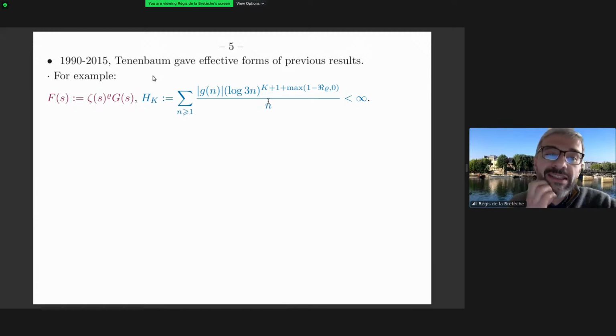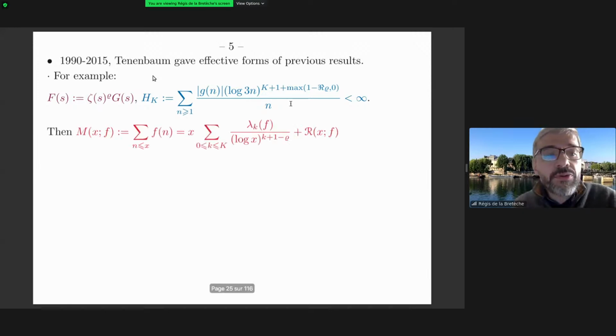So you see that such a hypothesis does not imply that capital G of s has a holomorphic continuation. But if you assume that k is an integer, you have such a bound,